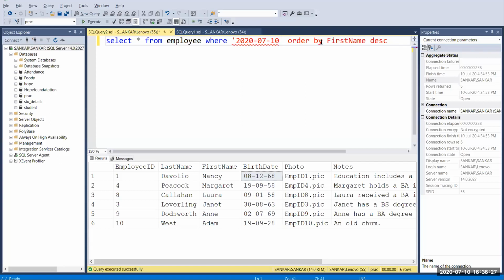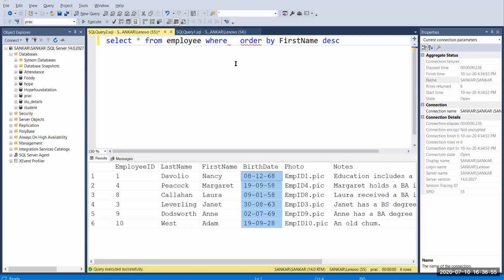Here they are passing just a string, and this column contains nvarchar character values only. Here I have not declared a date time data type. I have declared only the nvarchar data type in the birth date field.